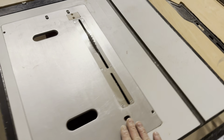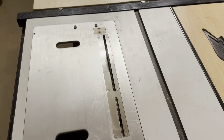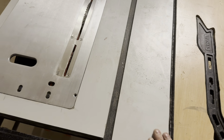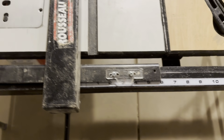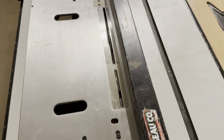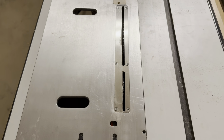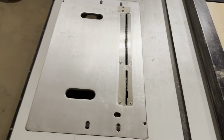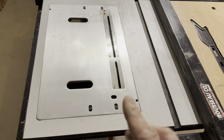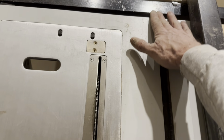So here you see the saw is dropped down into my top that I've made specifically for this. And I wanted to make sure that my fence markings would continue to be accurate for my gauge with a minimal amount of adjustment. So I did set this saw way off to the left, probably more than some other people would do, but it works very well. And I didn't realize it when I purchased this, or even when I was doing this layout, but the first time I used it, especially with a miter gauge, which I did route this into, or ripped it in with the table saw,